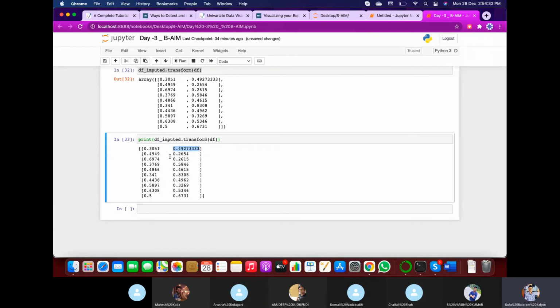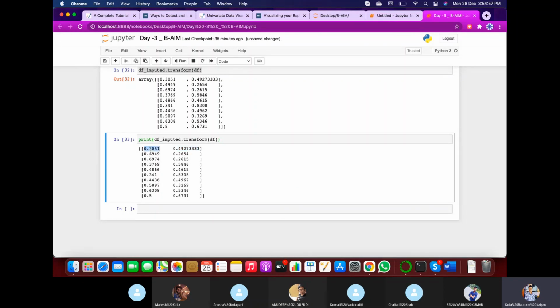Here the missing value is replaced with the mean value, that is 0.49273333 and so on. This is the mean of all the rest of the values in column 2, so the missing value is removed and replaced with the mean value.